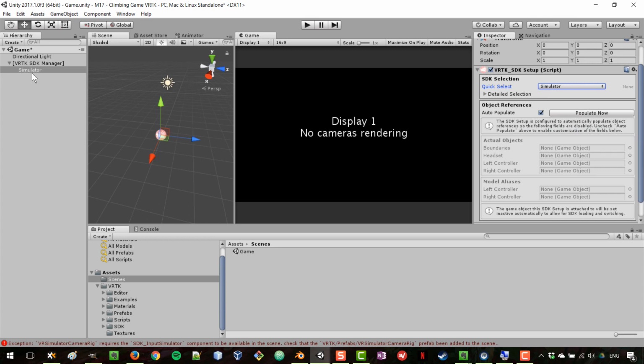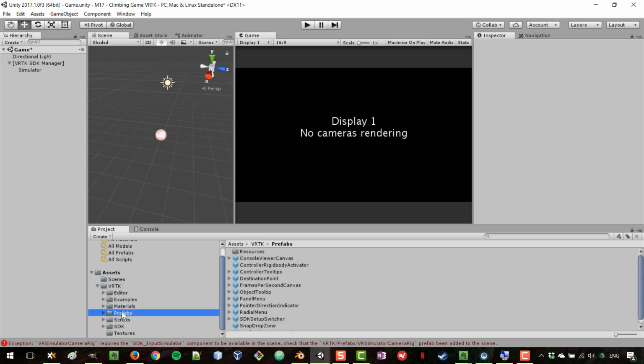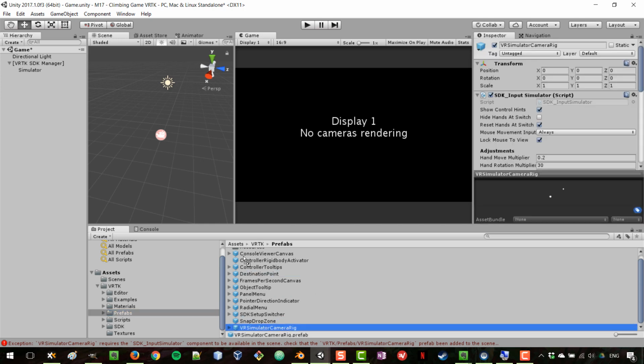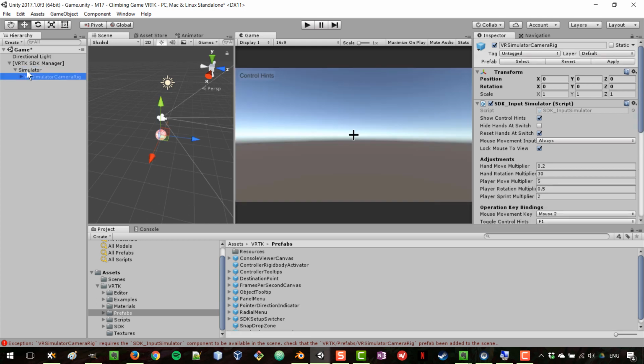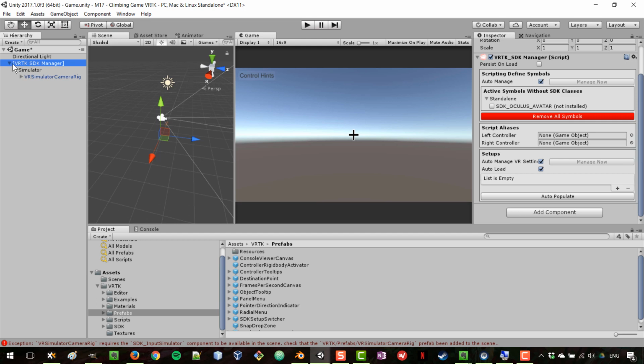And inside here, we need to bring in a prefab from our VRTK package. So I'm going to go here and expand on prefabs and find my VR simulator camera rig. And I'm going to drag that into my simulator object. In here we have different options for our simulator, which I'll show you in a second. And you can already see here in the screen that it says control hints, and we've got that crosshairs icon there. So now in my VRTK SDK manager, I can go here and where it says setups,